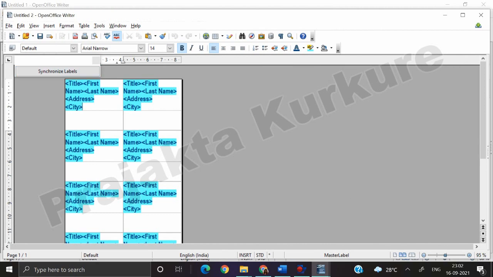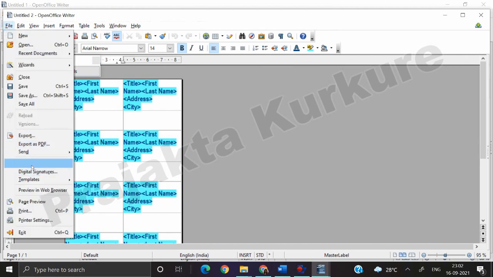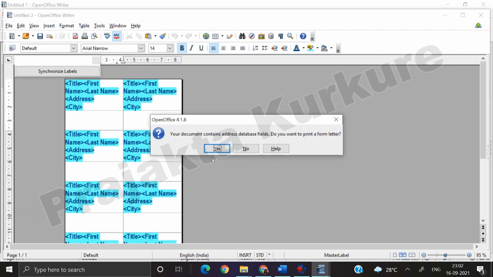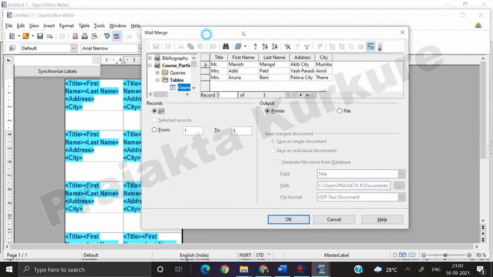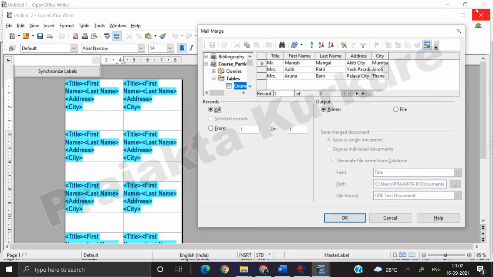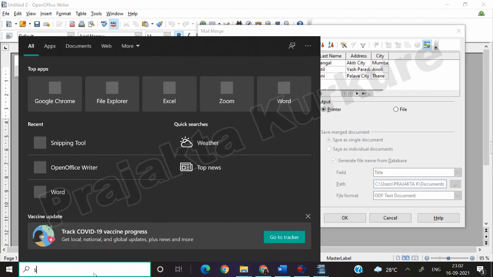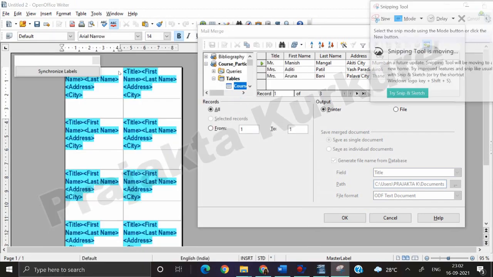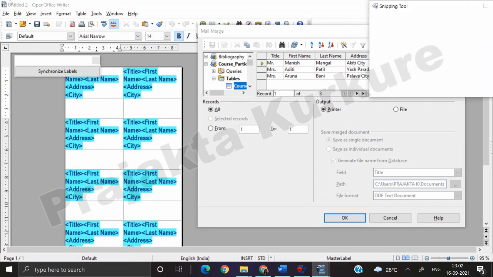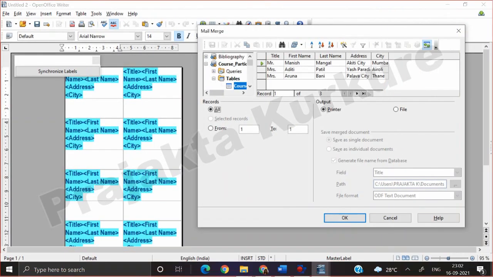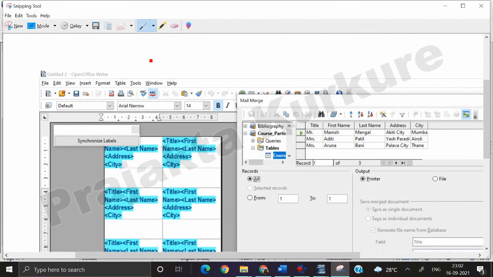When you take this file and click on the print option, this also you need to take a screenshot of. So I am taking a screenshot. Either you can use the snipping tool and take a complete screenshot, or you can simply click on the print screen button and save this picture.